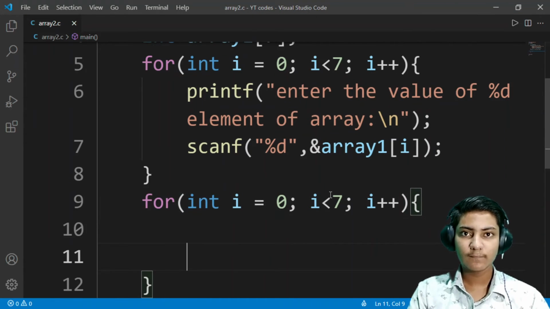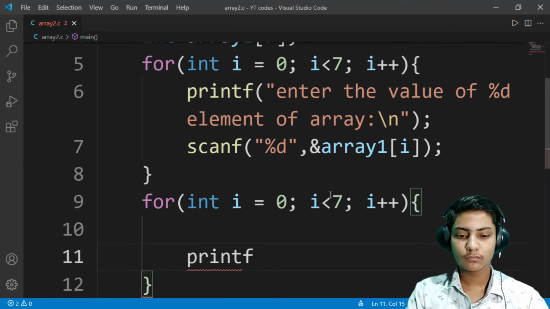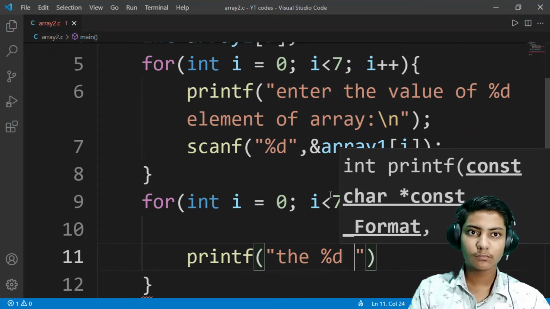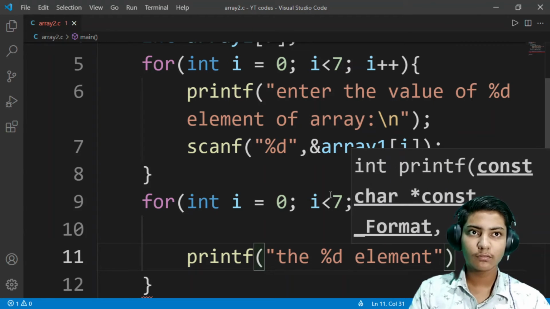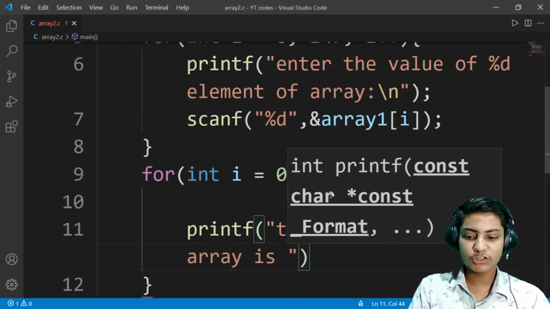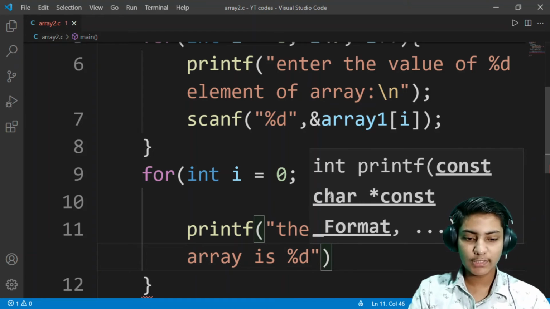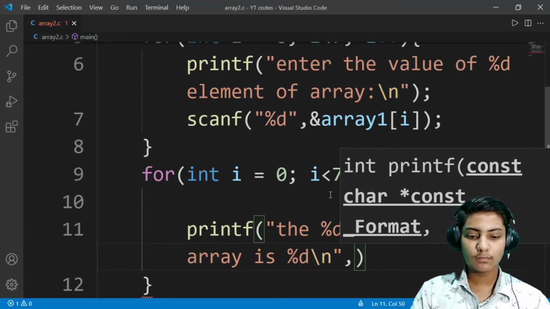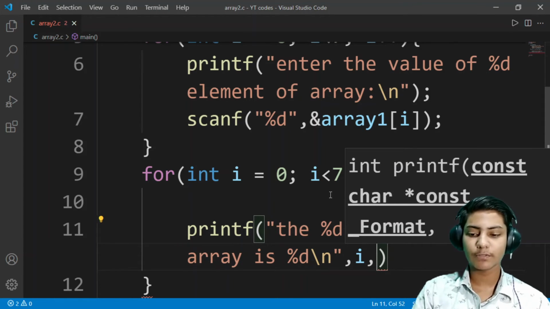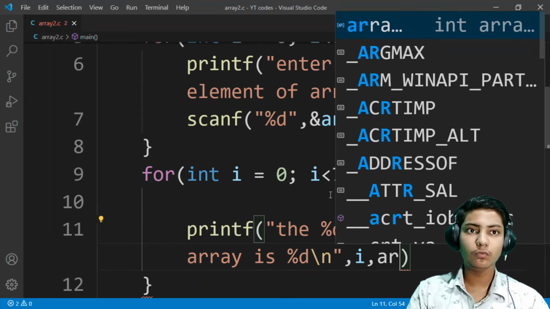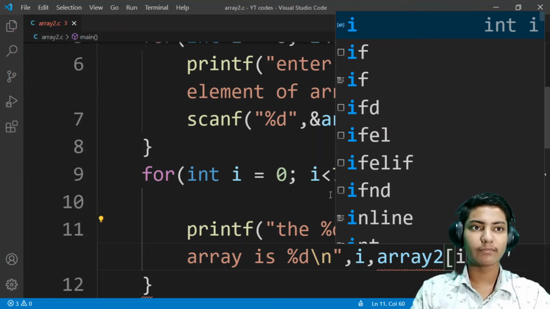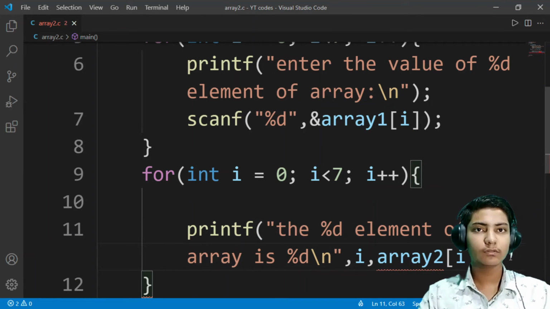Inside the loop, printf "the %d element of array is %d", and then new line character, and then comma i, comma, not ampersand, here array2, and then i in square brackets. Now the semicolon here, you can see the code.